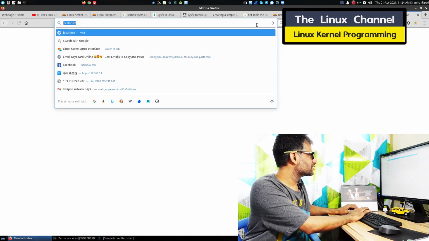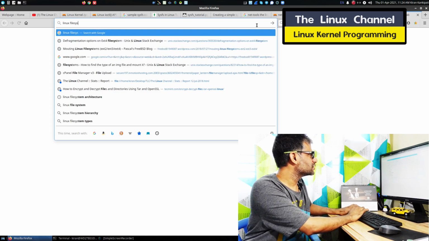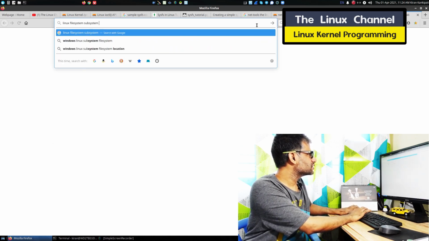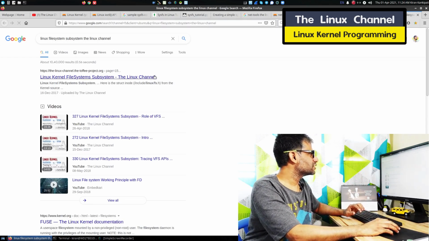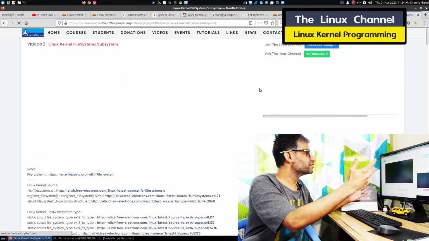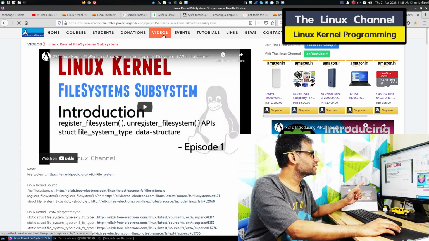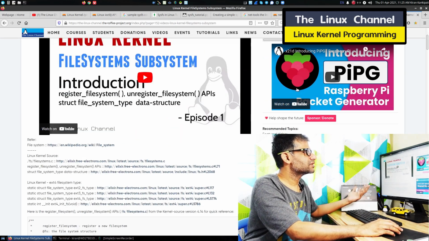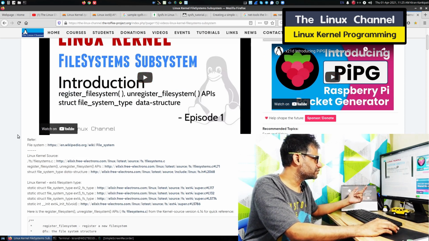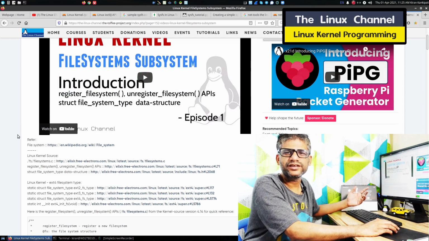Linux file system subsystem, the Linux channel. Since my website is quite large, I myself find it quite hard to navigate through this. Of course we can navigate this way, but I generally do a Google search and I can find my own pages whichever I want.